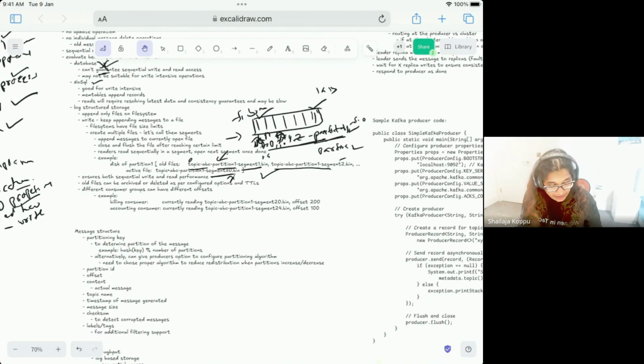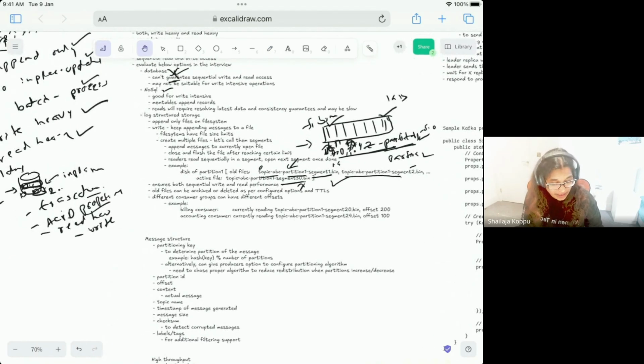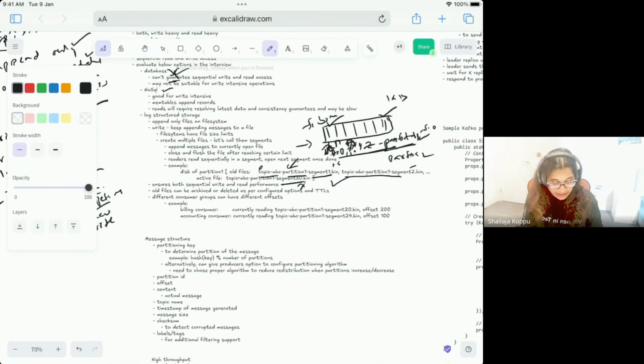The main advantage, when you say that we are going to do our own log structure, then the interviewer will ask you why. You should be able to mention that I'm taking advantage of the sequential writes for the write performance and the sequential reads for the read performance. And how is deletion going to happen? Let's say this file is older than 1 week, then we can have a process come and just delete this entire file. You don't really need to go inside a file and delete records. Instead, if this file is older than our retention period, just delete this file. So that's how the deletion is also more effective here.